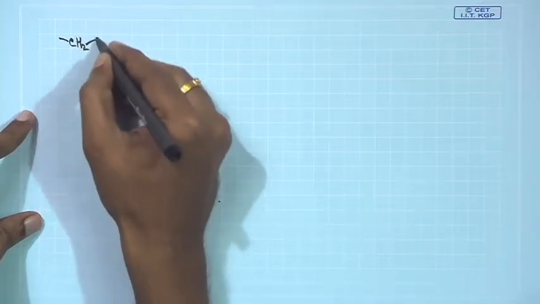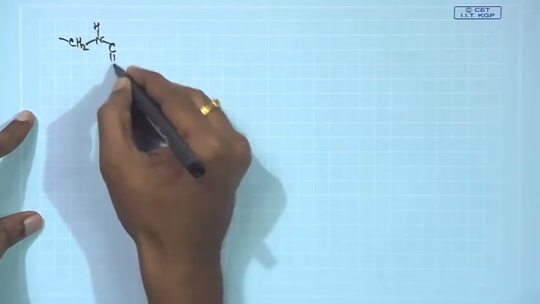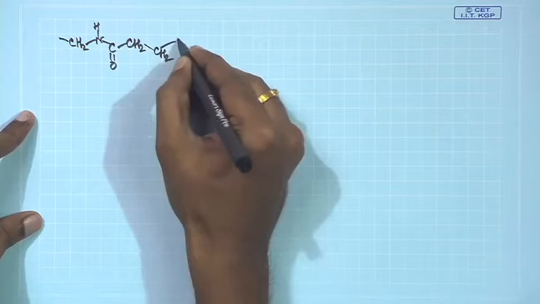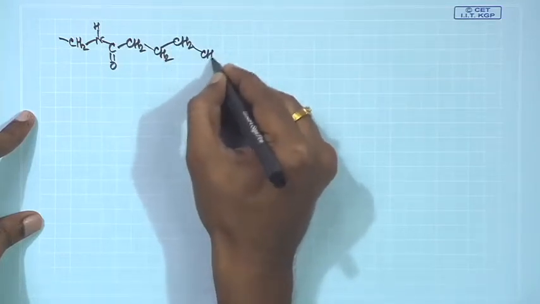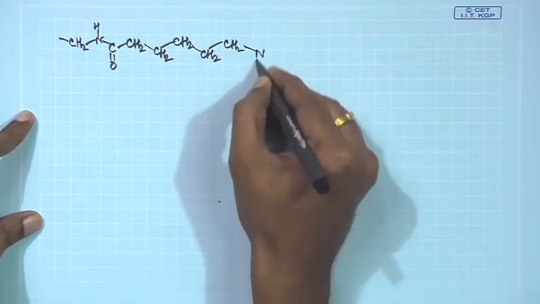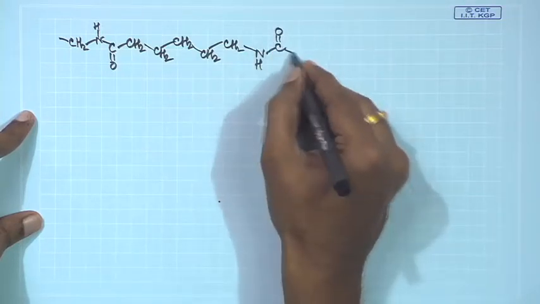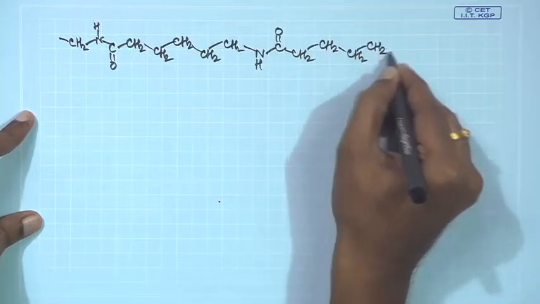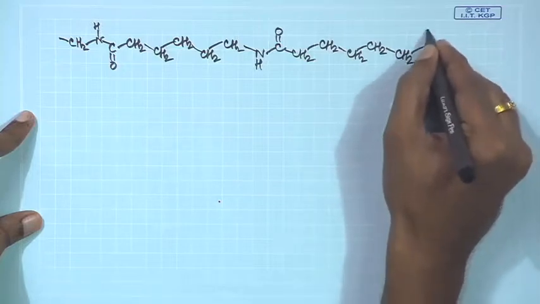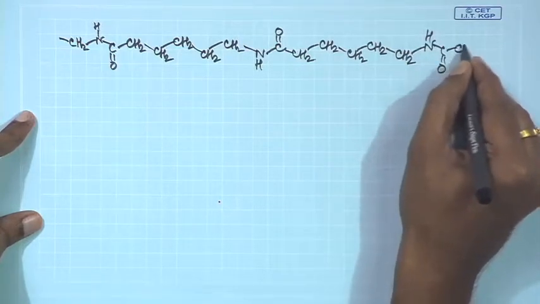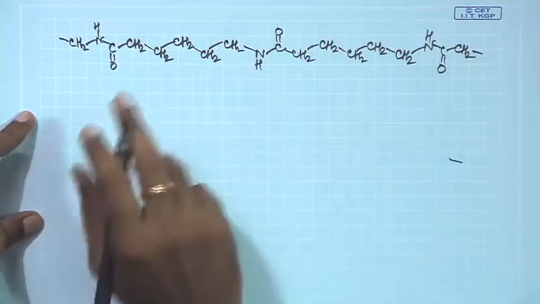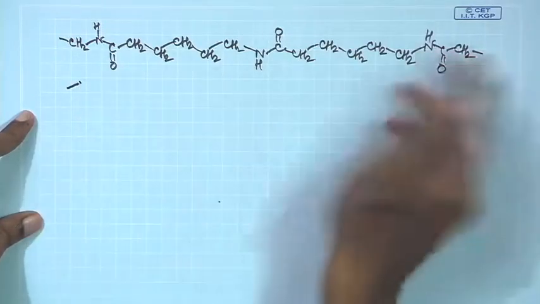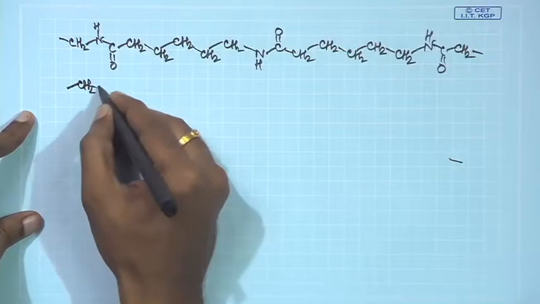So, it is CH2 NH CO CH2 CH2 CH2 CH2. 5 CH2 units are there, and then you have again one amide unit, and again you have 5 CH2 units, and again you have one amide unit. Now, let us invert this chain like this, and then you have an anti-parallel orientation. If you invert this, it will be CH2 CO